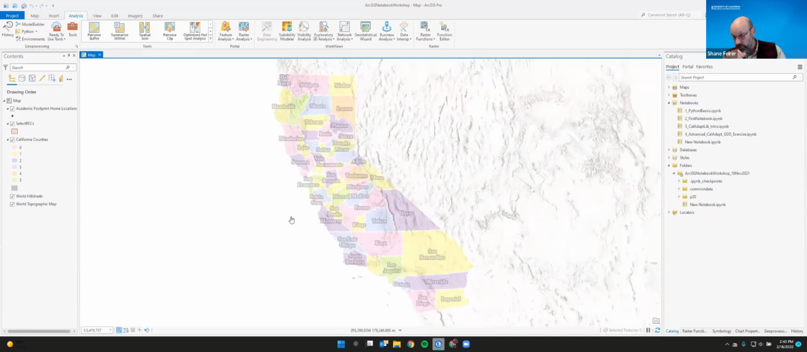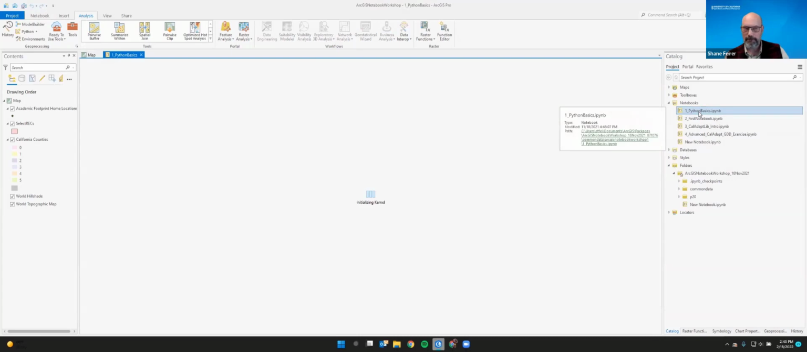But now we're going to delve into the first Python notebook that I mentioned. That is all the Python basics. So we're not going to deal with this map yet. We will eventually. But if you were to click on Python basics and open that up,